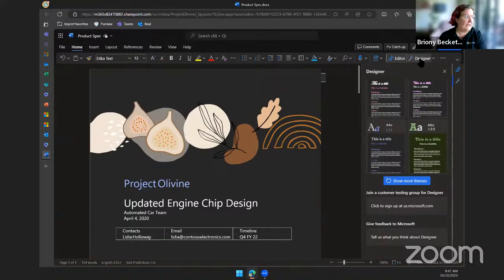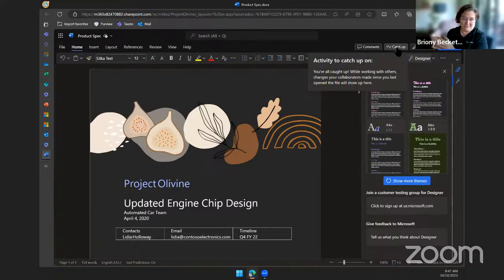Another handy feature, which is actually in all of the Office applications, if you're collaborating with people on documents, so you're helping out, is this catch-up button. It's not going to show anything in this particular one because I'm the only one doing things in this document.